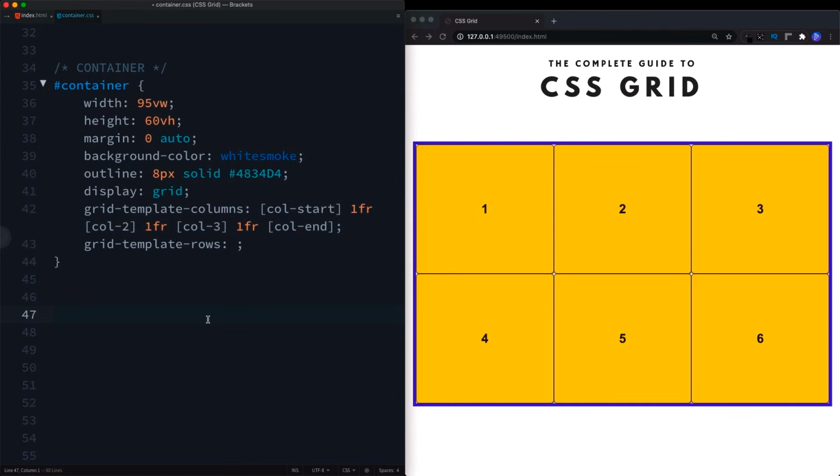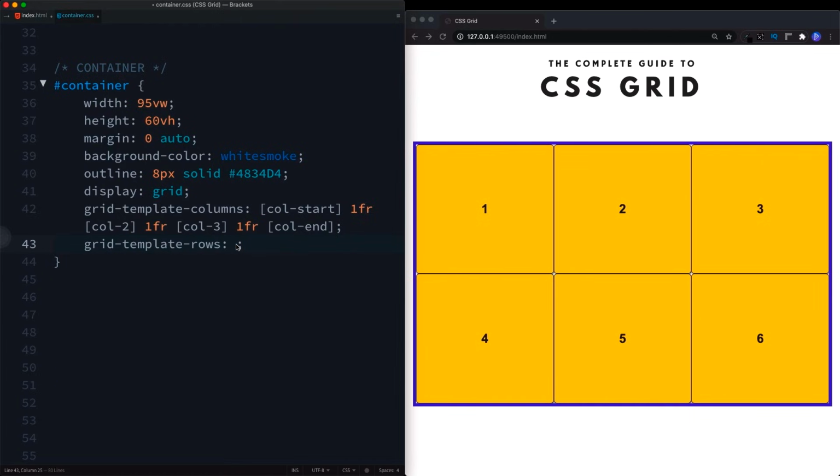Now, why are we doing this? Well, we're not just doing it for fun. Naming our grid lines, whether it's our column lines or our row lines, will become useful when it comes to moving our items around within our grid container. That's done using a grid item property, and of course, we'll use these and take a look at that property a bit later on. And of course, we can do the same thing for rows as well.